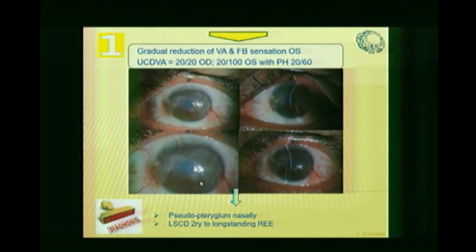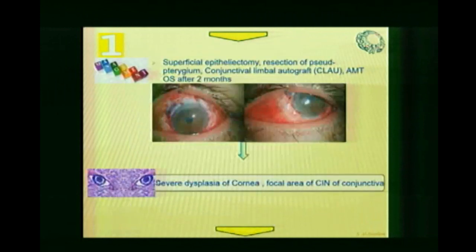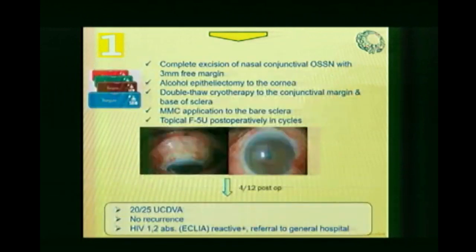epithelial removal with alcohol, and also done cryo. And this is the appearance of the patient. Then I started the patient on topical 5-FU, and this is the picture post-operatively. And the pathology confirmed that it was a CIN. So it was limbal stem cell deficiency masquerading as